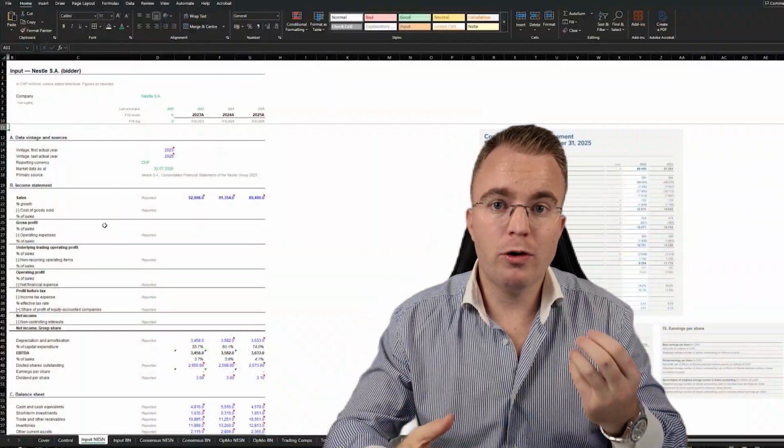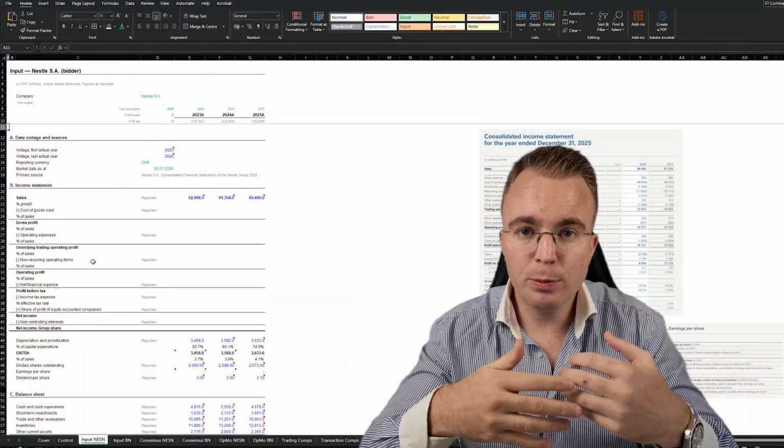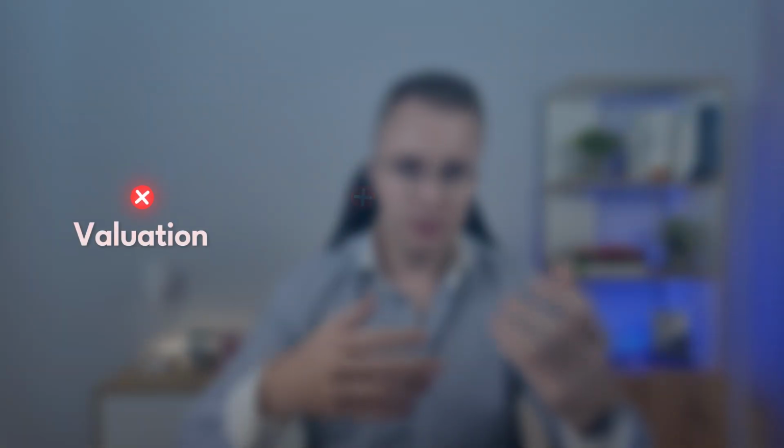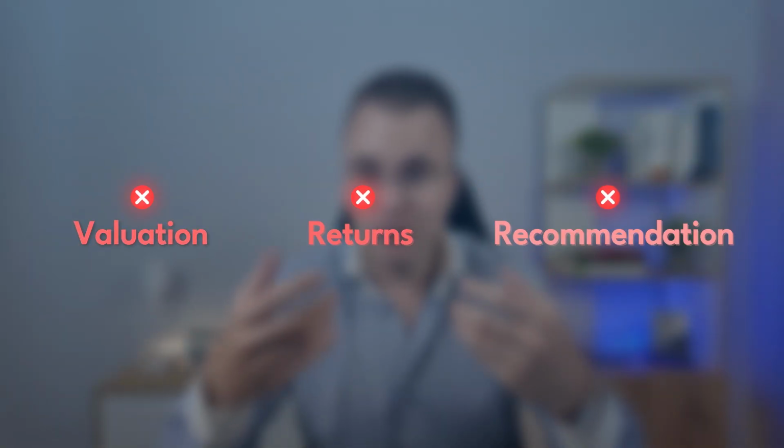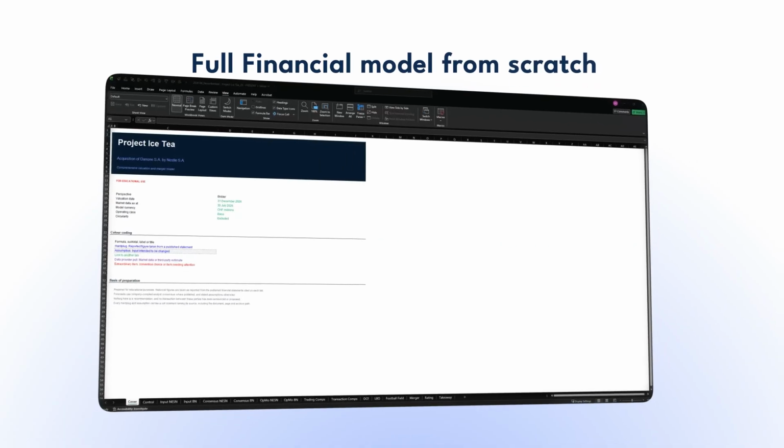Feed a model one wrong input number and every output downstream, the valuation, the returns, the recommendation, are wrong too. And half the time no one catches it until the MD, or even worse, the client does. In this video we're building a full financial model from scratch for a hypothetical acquisition I call Project Iced Tea,